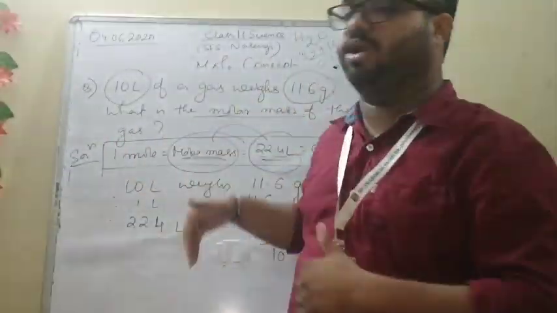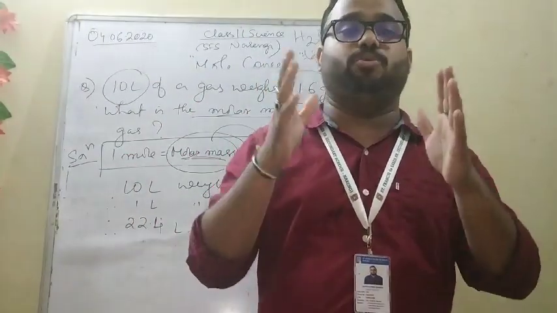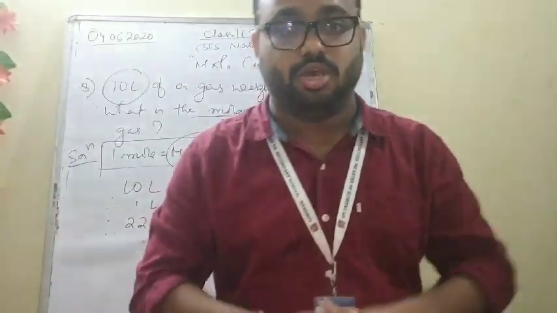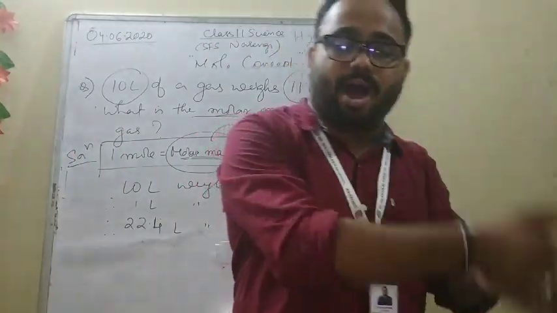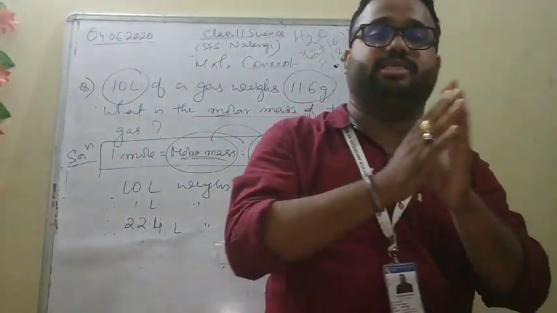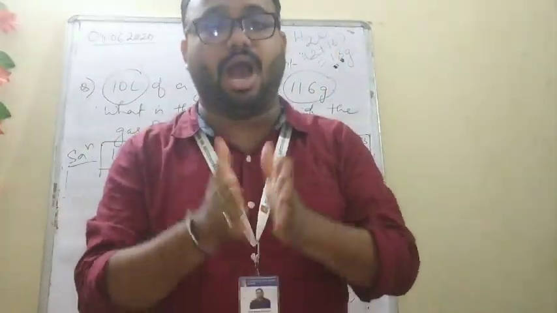This is the part of mole concept. और बहुत सारा mole concept है. This is a part of mole concept. So you please practice and try to understand. The notes I will send to you in Google Classroom. So once again students, 1 mole is nothing but the molar mass. 1 mole is nothing but 22.4 liter of volume. And 1 mole is nothing but Avogadro number of atoms. That's all. I hope you understood.